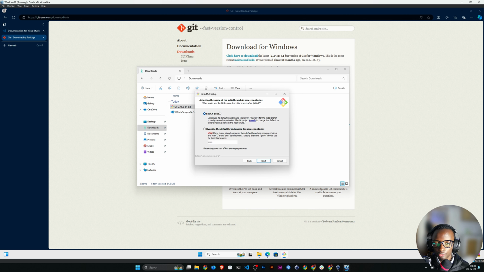Next, here for initial branch, do not let Git decide, override. This is important. Override it. Select the override option, then have main as the default branch name. If you don't know what all these are, just bear with me, just follow along. Main. So then next,